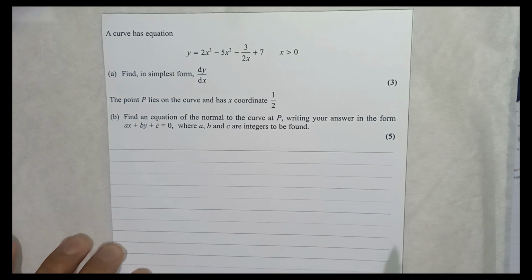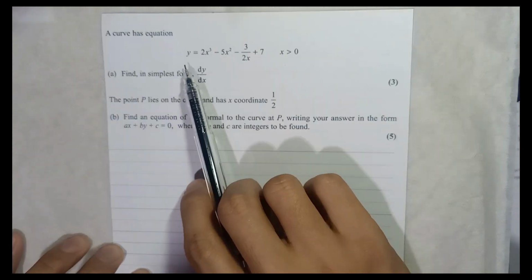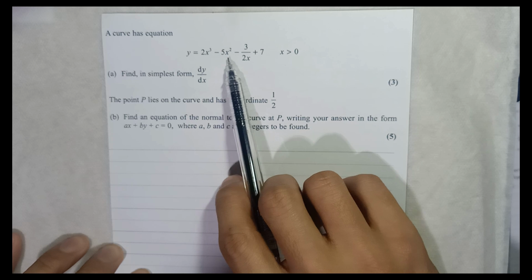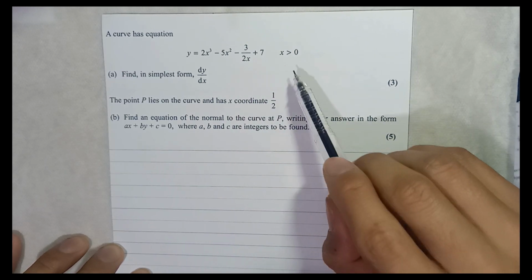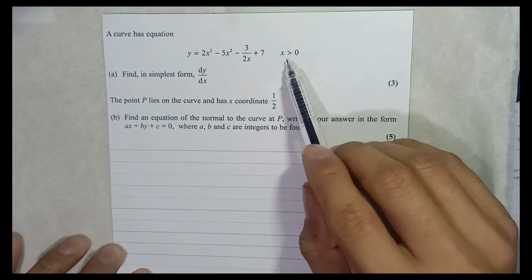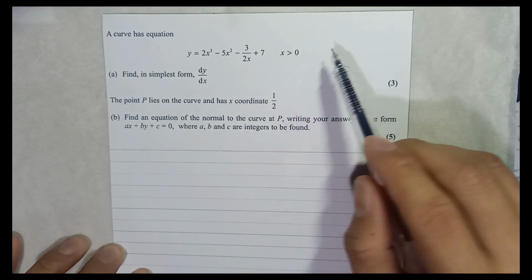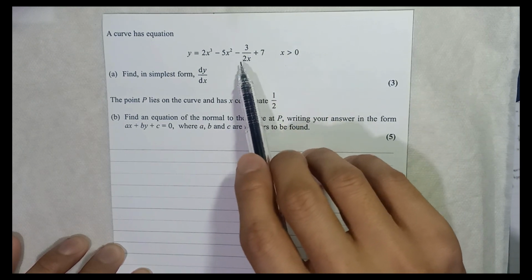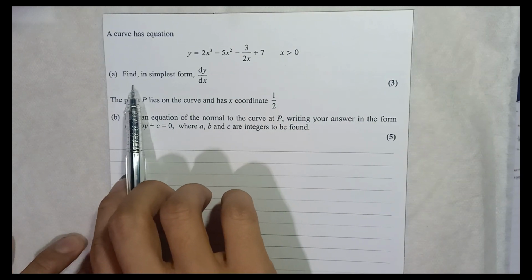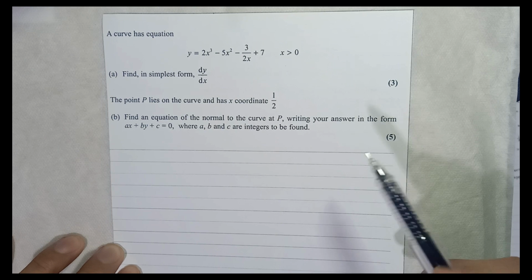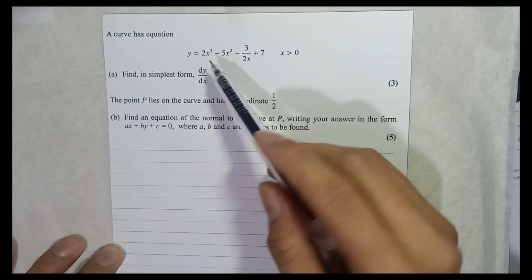Here's a problem. A curve has equation y equals 2x cubed minus 5x squared minus 3 over 2x plus 7, where x is greater than 0. Of course, because if x is equal to 0, this will be undefined. Our task is to find, in simplest form, dy over dx, which means the derivative of this function